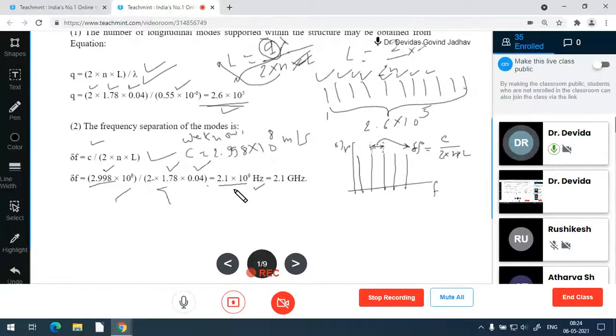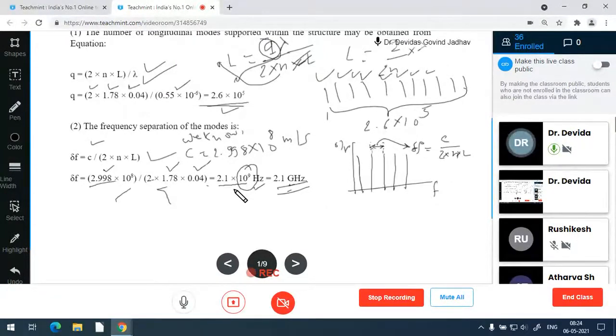So 2.1 into 10 raised to minus 9, we can replace this 10 raised to 9 hertz by gigahertz. Giga, so 10 raised to 9 hertz becomes gigahertz. 2.1 into 10 raised to 9 hertz becomes 2.1 gigahertz. So the answer is 2.1 into 10 raised to 9 hertz, or the answer is also 2.1 gigahertz,